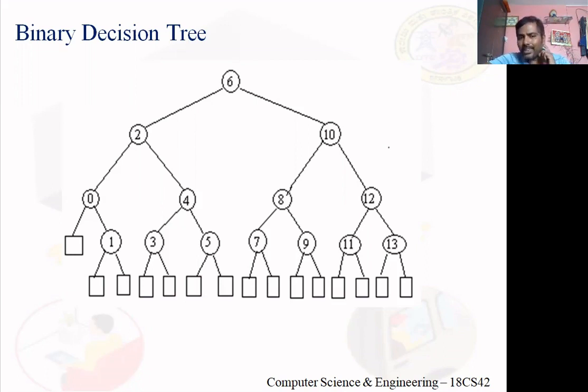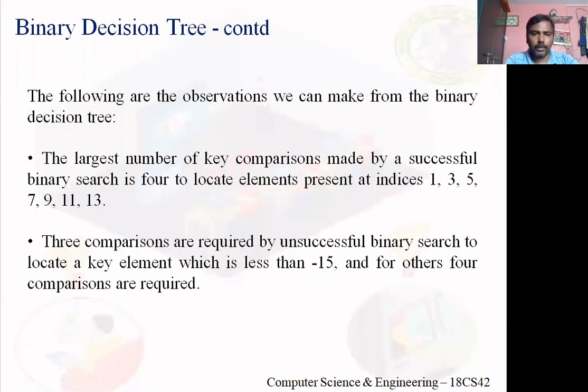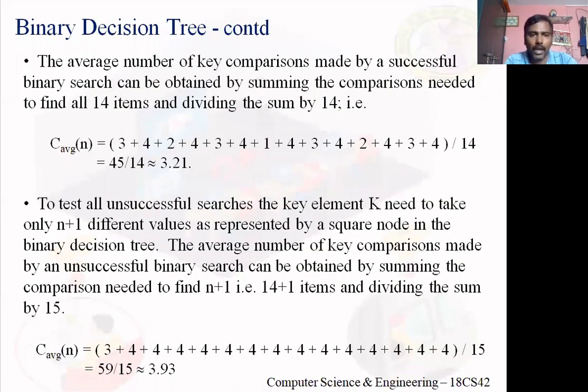Average is nothing but what? Sum of all divided by n. Got it? Clear? I mean to say, in this total, how many elements are in the array? 14. Got it? Average, you know, right? How will you determine average? You will sum all the elements and divide by n. Here the number of elements is 14. So I am dividing by 14.